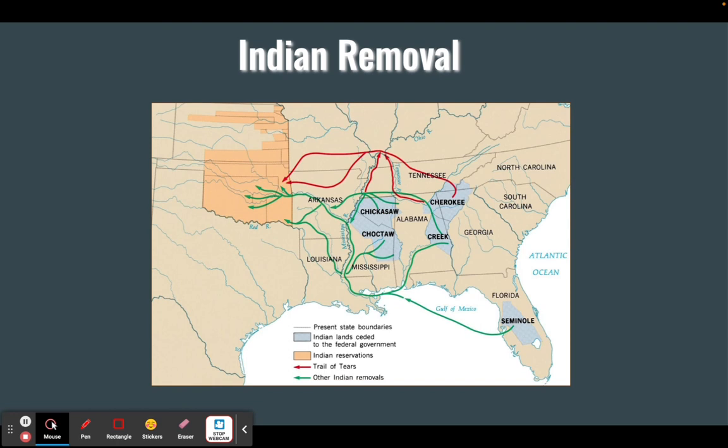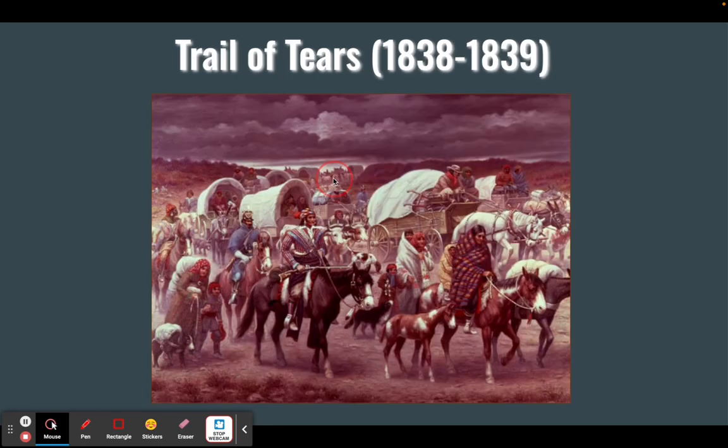So they say, we're going to take every Indian that is east of the Mississippi, so the Cherokee, the Creek, the Seminole, Choctaw, Chickasaw, and we are going to force them into this new territory and into this new land. So out of their ancestral homelands, they move them. And what you see there in the red line becomes known as the Trail of Tears. These people are forcibly sent north during wintertime, as we saw in the quote. Many of them die. I believe 25% of the people that are sent on the Trail of Tears perish.